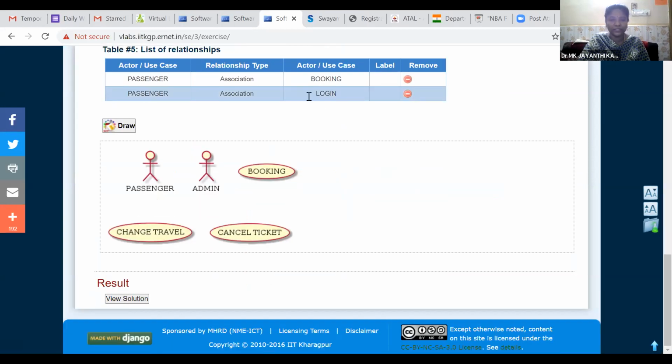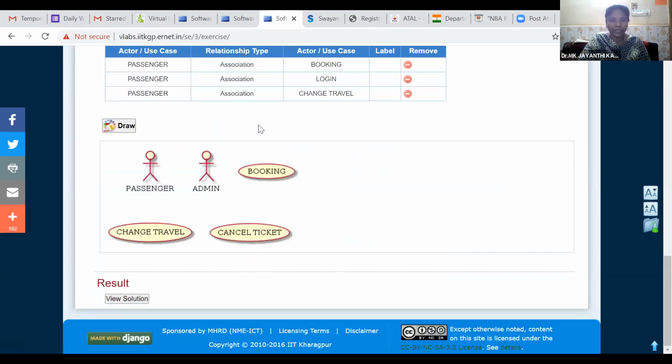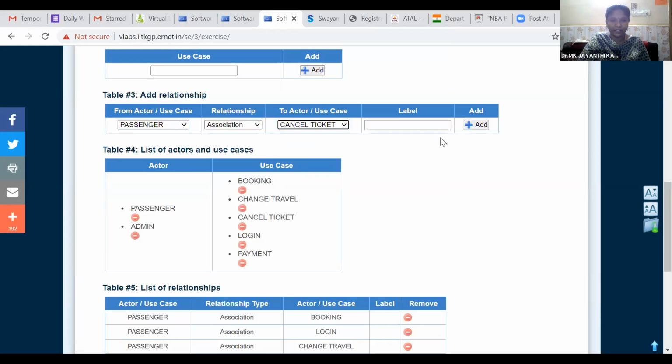Passenger is logging into the system. Then the passenger goes for the booking process. Then the passenger wants to change the travel date and time. Three associations are created. The same way, the passenger wants to cancel the ticket also.